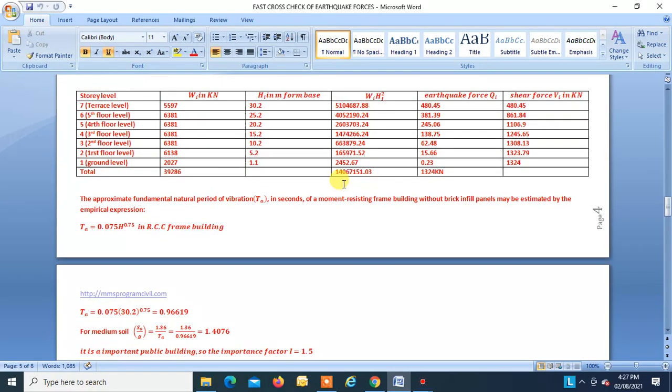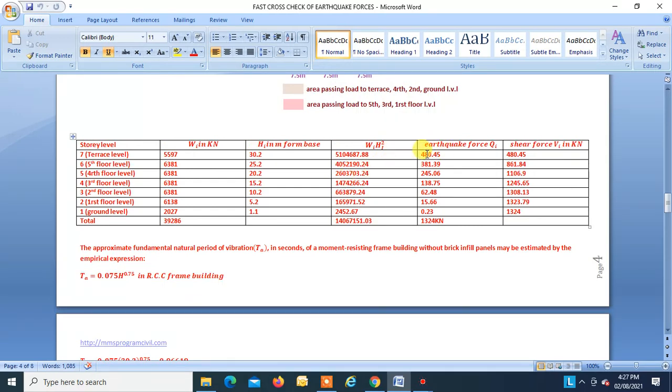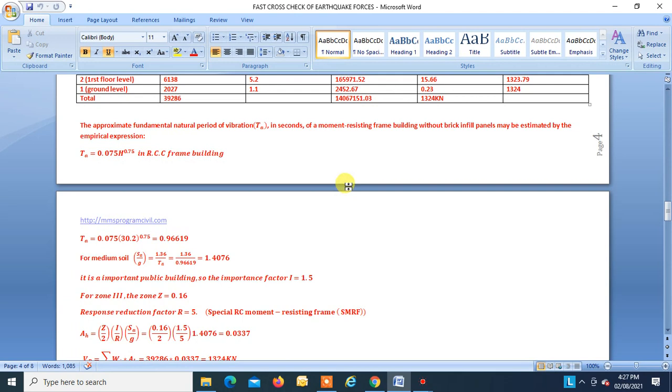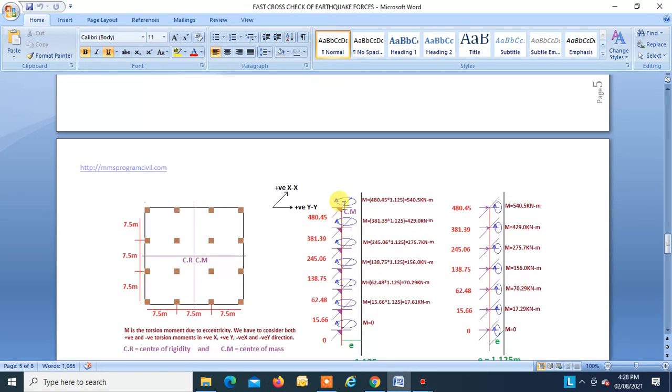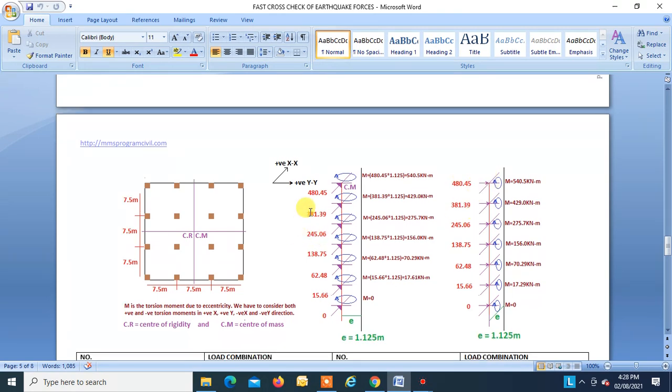For the terrace level, we found that the lateral force is 480.45. So this is 480.45 in x direction. Similarly, this force is also acting in y direction, that is 480.45, right? Similarly, this is for fifth floor, fourth floor, third floor, second floor, and so on. Now we have to consider a minimum eccentricity E for both the cases. So this force will produce a torsion moment which will be equal to this force into this eccentricity, that is